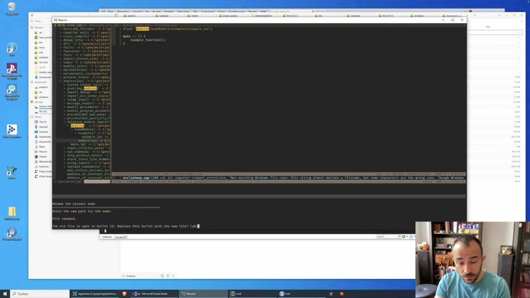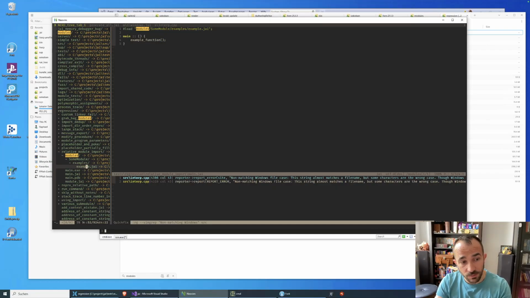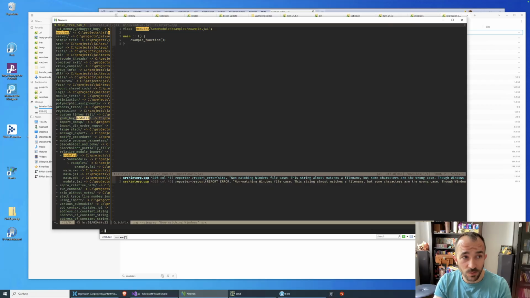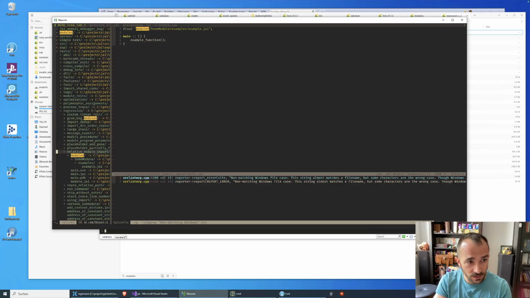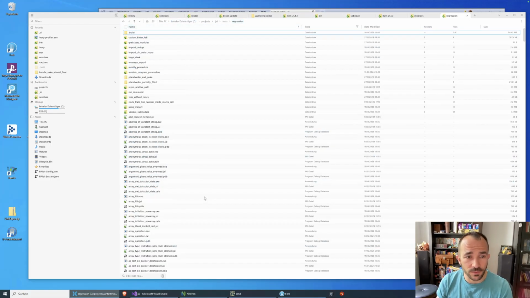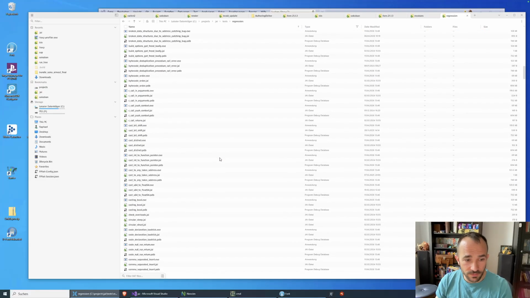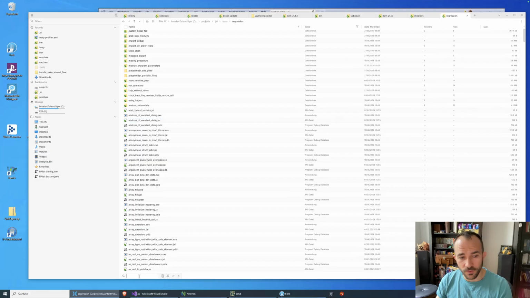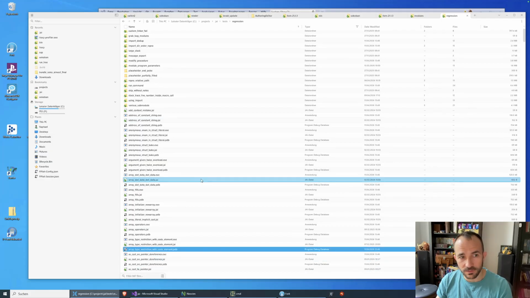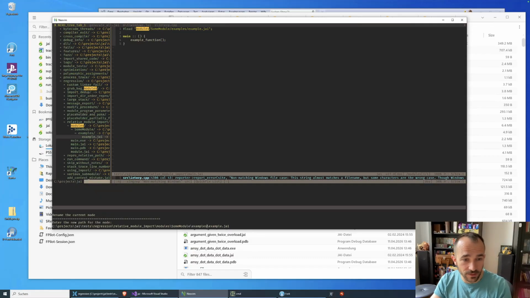You know what takes so long, by the way? If you're wondering why it takes so long to move the file or rename the file or add a file, it's because it takes so long for this nerd tree on the left to refresh that folder, which has, how many files does this file have? Like how many files do you need to have in a folder so that nerd tree takes 5 seconds to refresh it? You need 847 files. We have 847 files in this folder. 847 files means nerd tree shits the bed when it needs to refresh that folder. Isn't that awesome? Because 800 is definitely too large of a number.